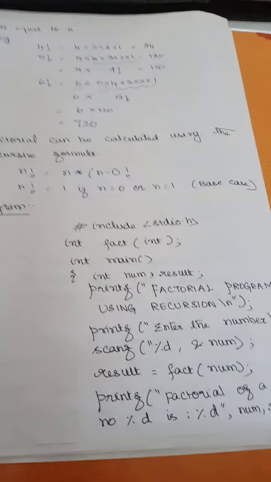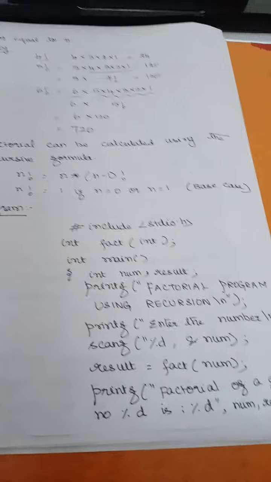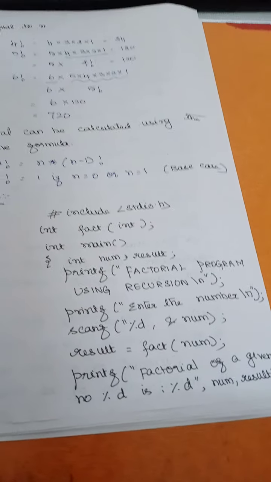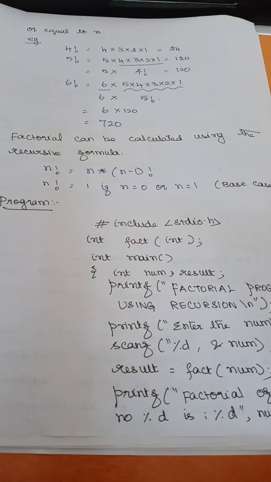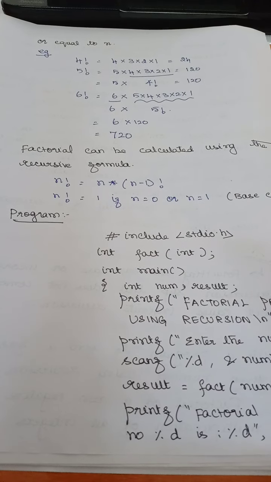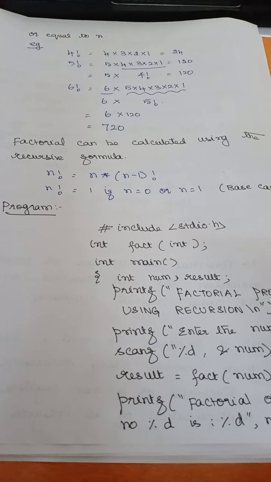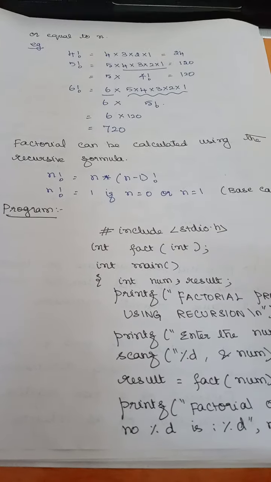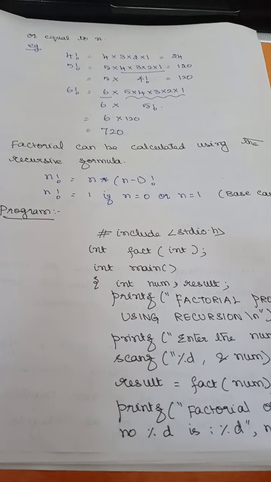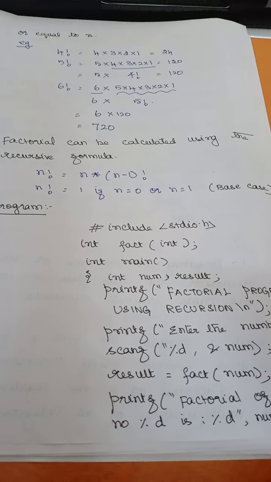Now we'll see the program, and then later I'll tell you how this recursion actually works with the example program. Till now I have told you what recursion is. Recursion is when a function calls itself; such a function is called a recursive function, and the technique is called recursion. And you need to have 2 properties: a base criteria and a progressive approach.